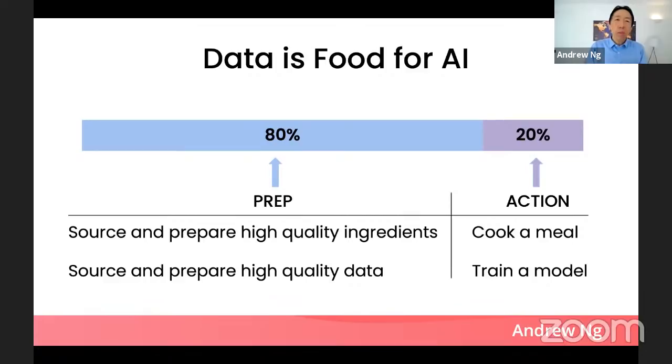Now, the importance of data has been widely discussed, but what I would love to see is a shift toward making the way we approach data more systematic. And that's the importance of MLOps, which I'll talk a little bit more about later. A little bit inspired by this 80-20